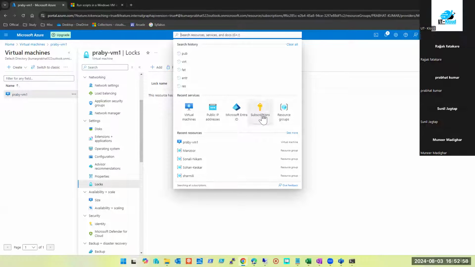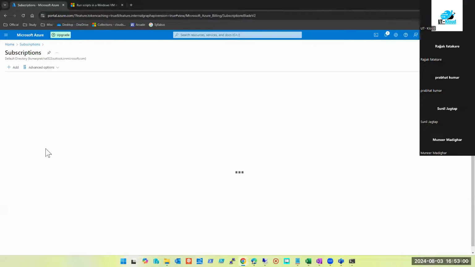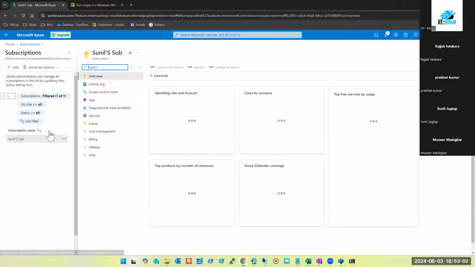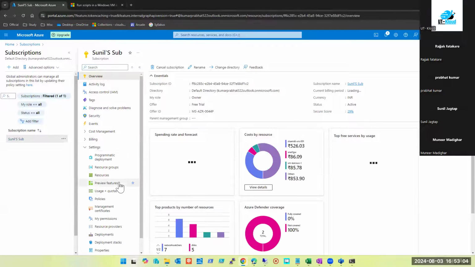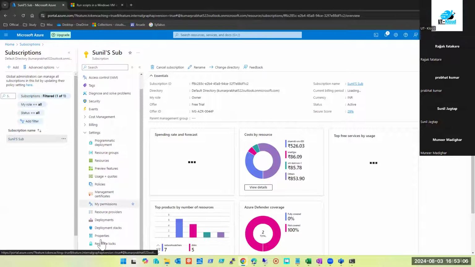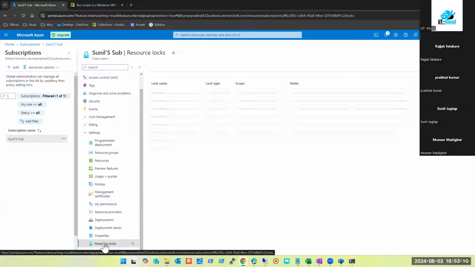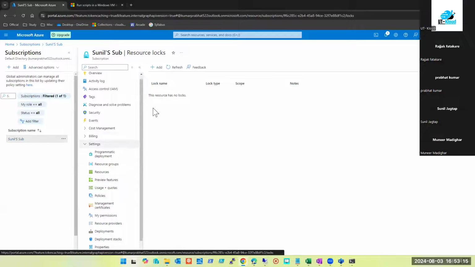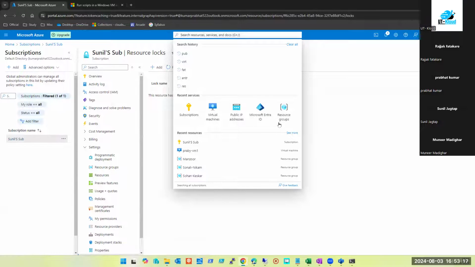So understand. At the subscription level, let's see if we have logs. Under setting, do we have logs? No. Yes, yes. Yes, we have resource logs. Resource log. Right? Then at the resource group level,